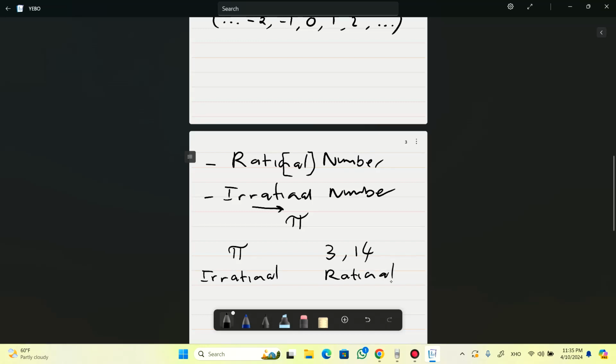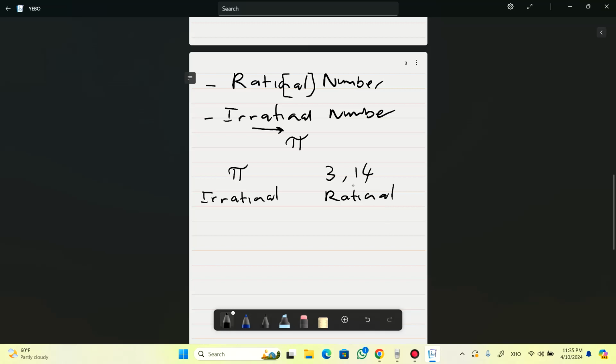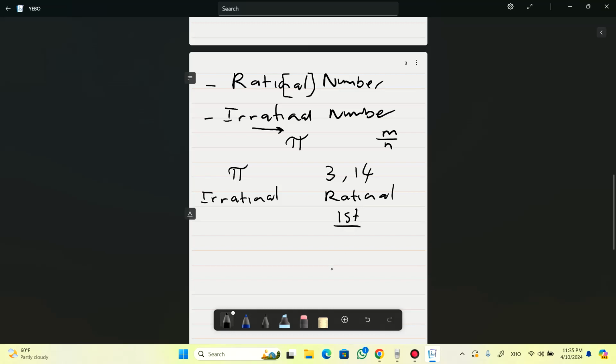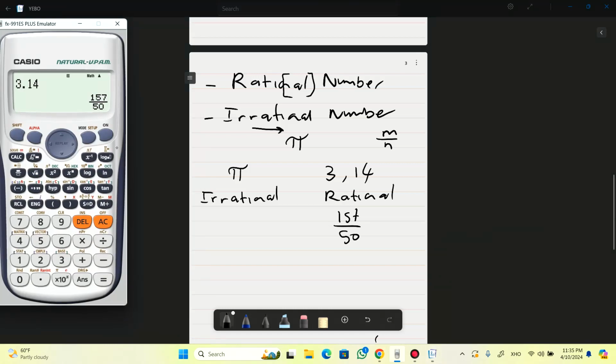Now the reason why I say the 3,14 is rational is because I can change it to be in the form m over n, right? So if you calculate, 3,14 gives me 157 over 50, right? With pi, you see what I did there? I pressed here and I got this here. But with pi